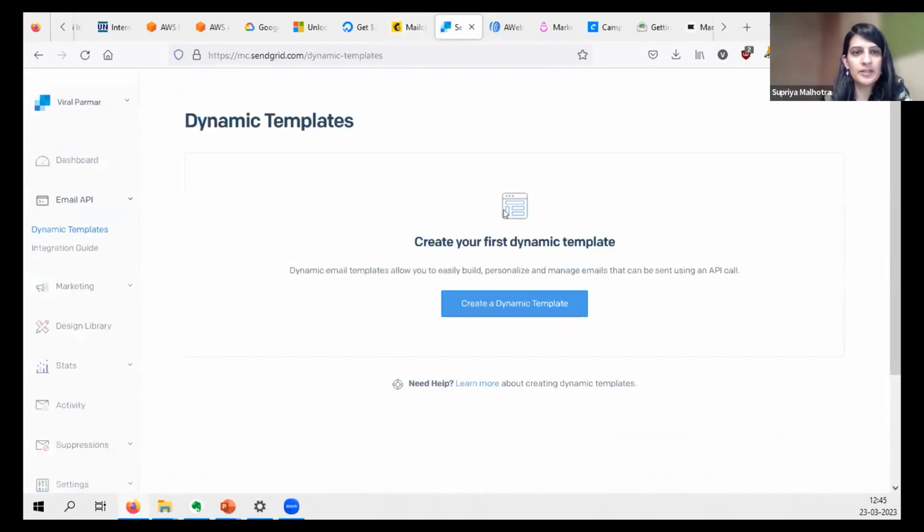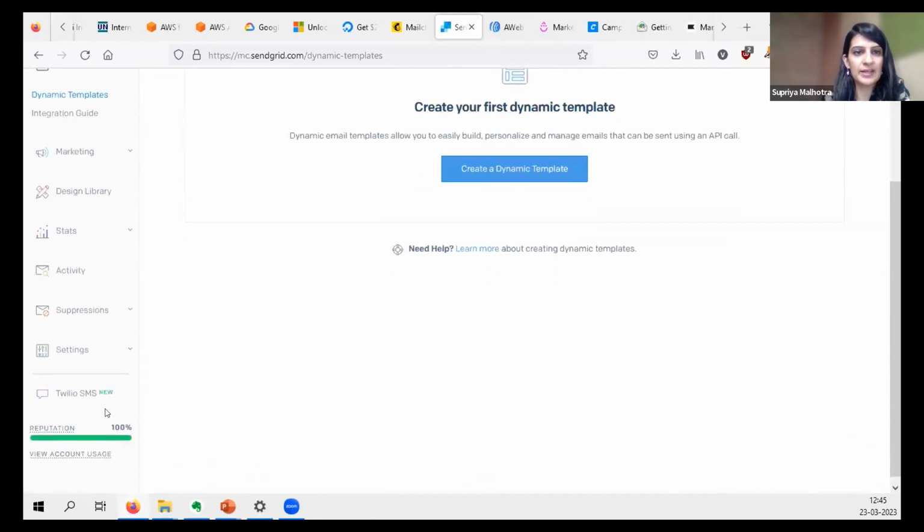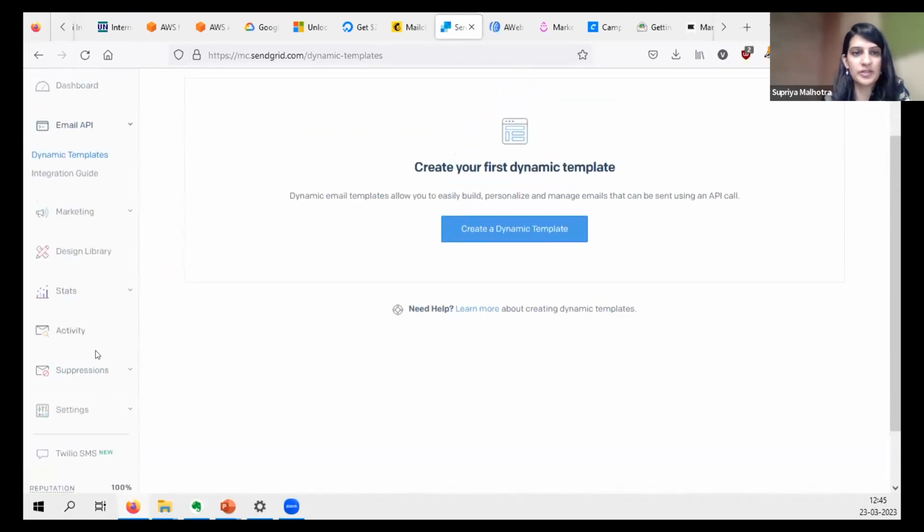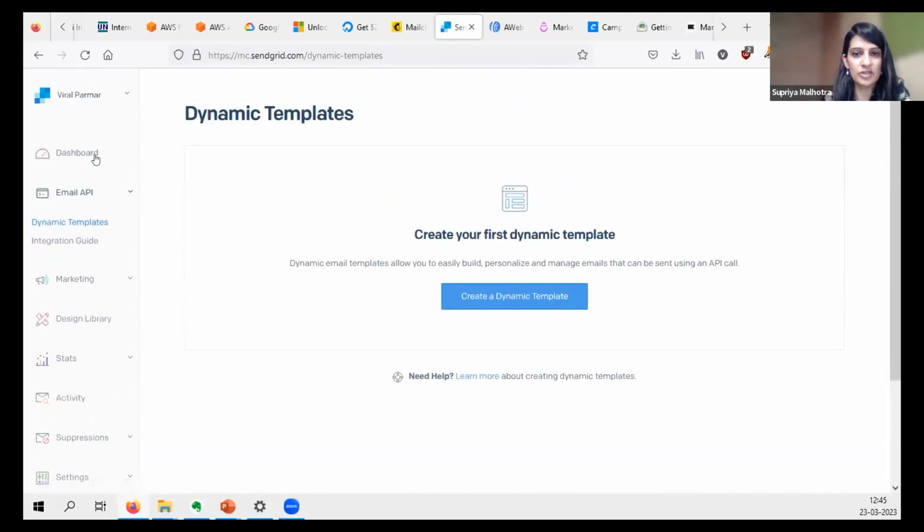So for all the participants, we will be sharing the presentation, which is what we're going through. And Viral, if you could add those keywords in the presentation so that that docket goes to all the participants. There will also be a recording of the live video, which will be shared eventually. But we'd like to stay connected in terms of the engagement and the question answers we can do while we're taking the session.